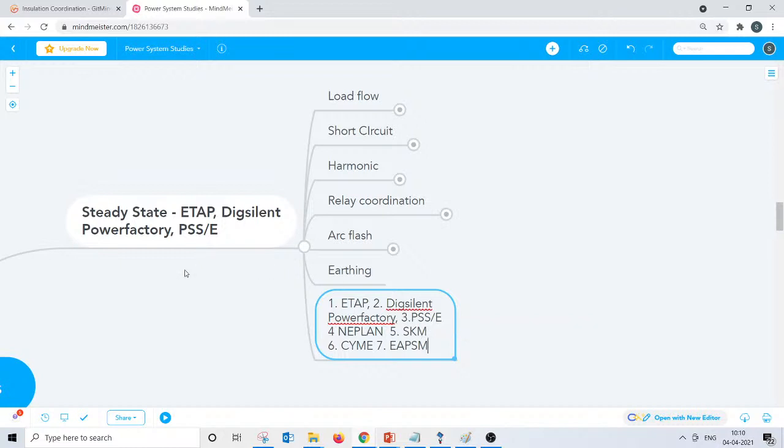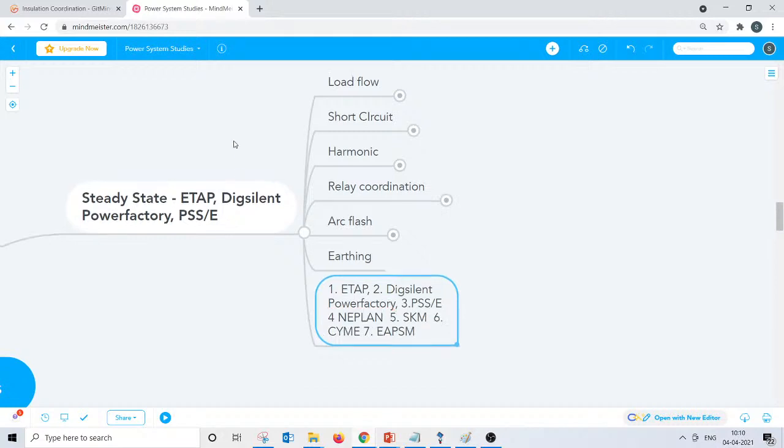But among them, ETAP, DIgSILENT PowerFactory, and PSSE are predominantly used. And yes, region to region, there are other simulation software that are popular, like PowerWorld, somebody uses. Yes, I'm not denying it, right? So if you know any software, please add it in the comment after this YouTube video, and we will try to add it and send a consolidated list to all the people who are watching, or we will add it as a post in our YouTube channel.